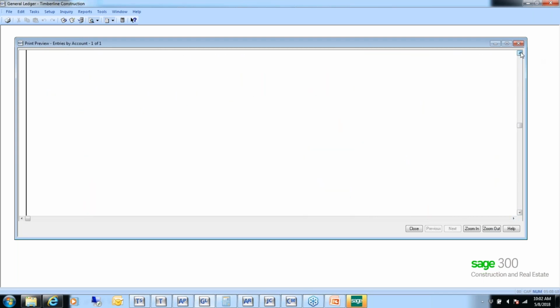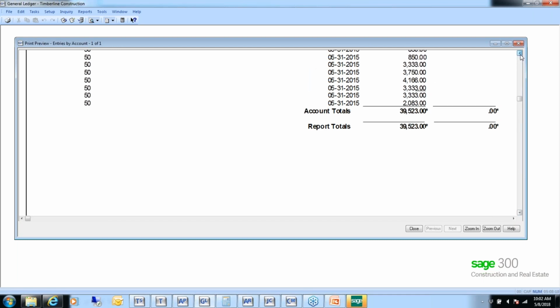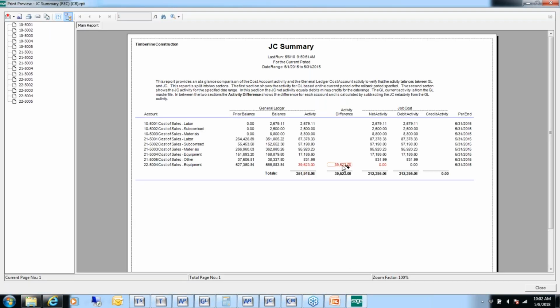Oops, went past that. Okay, so 39,523, and if we take a look at our report, 39,523. So what's happened here is that we've entered some equipment entries, most likely through equipment cost, and we've entered